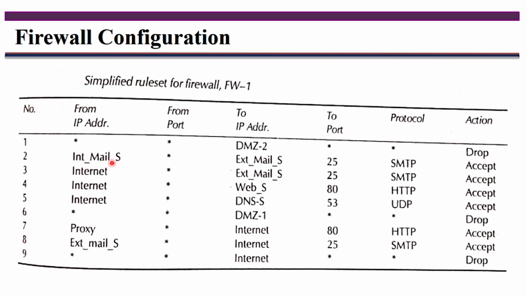So, internet to external mail server. You can't directly communicate between the internal mail server and the internet. If you want to communicate, first it has to pass through the external mail server here. Same thing, internet to web server, and we can communicate with that particular organization website here. Okay, so in this way the firewall policies are set up. Based on that only, the firewall will decide whether that packet has to be accepted or dropped. Okay, is it clear? In this way, it provides the security for the secure networks here. Thank you.